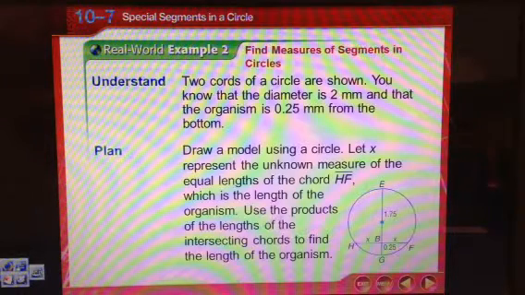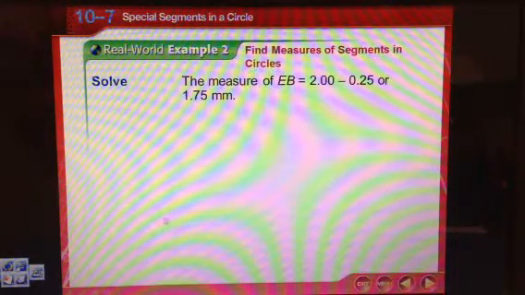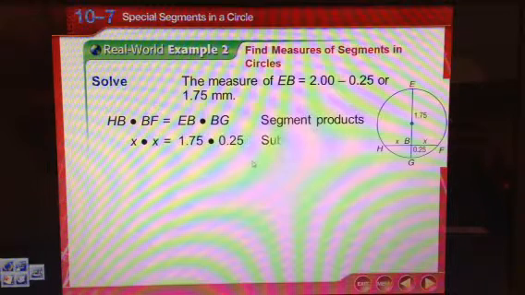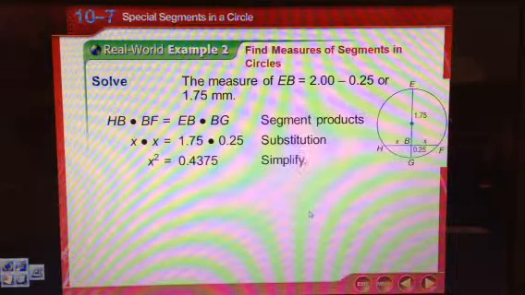Now we're going to use the products of the lengths of the intersecting chords to find the length of the organism. So the product of the intersecting chord segments is equal. So we'll substitute in, so we have x times x equals 1.75 times 0.25. When we multiply that out, we get x squared equals